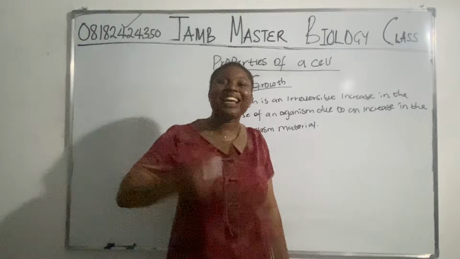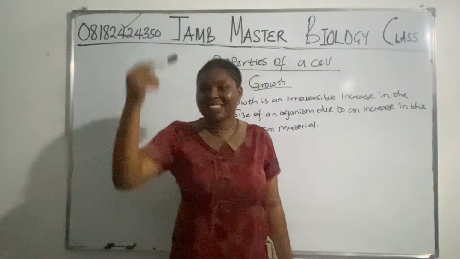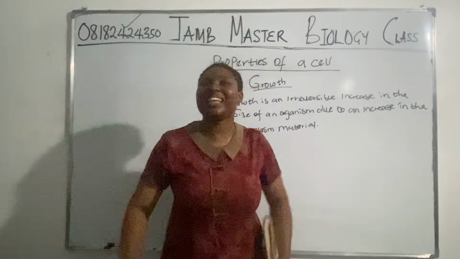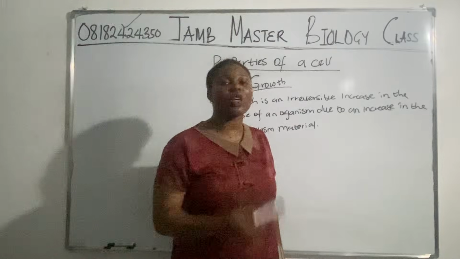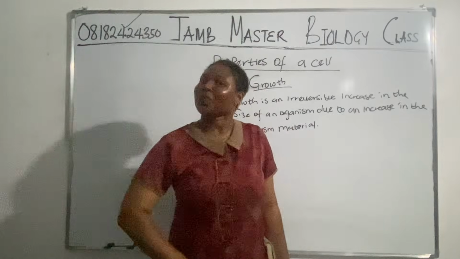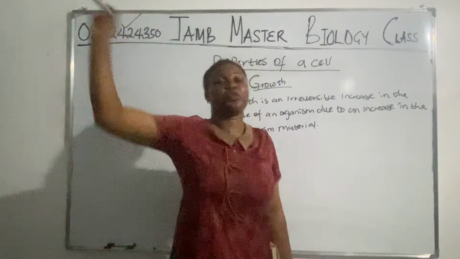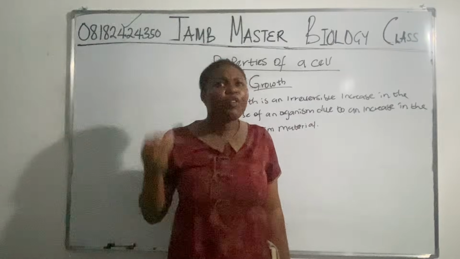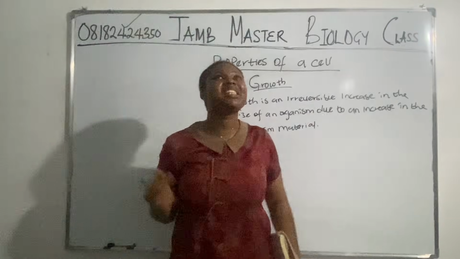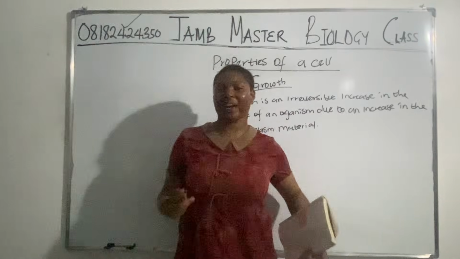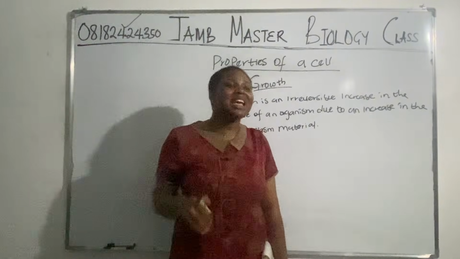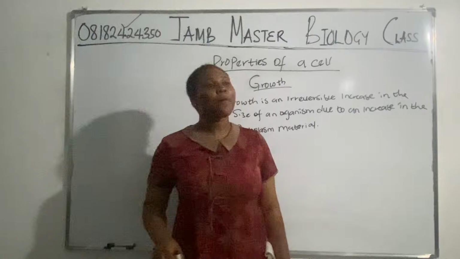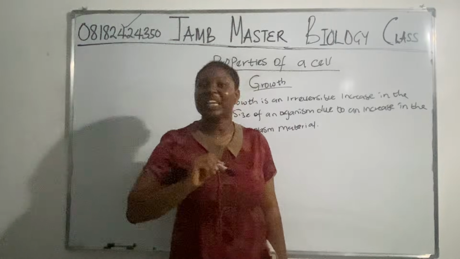It's because there is an active division. Your cells are actively dividing, they are actively multiplying, there is cell differentiation, and there is enlargement in the cell. So growth is what is taking place. The way you are now as a JAMB candidate is not the way you will be when you are 50. When you are 50, you start having gray hairs. Even if you don't have gray hairs, there will be a significant difference in your body appearance. Your skin will not be as shiny or as bright as it is currently. Why? Because growth is actively taking place.